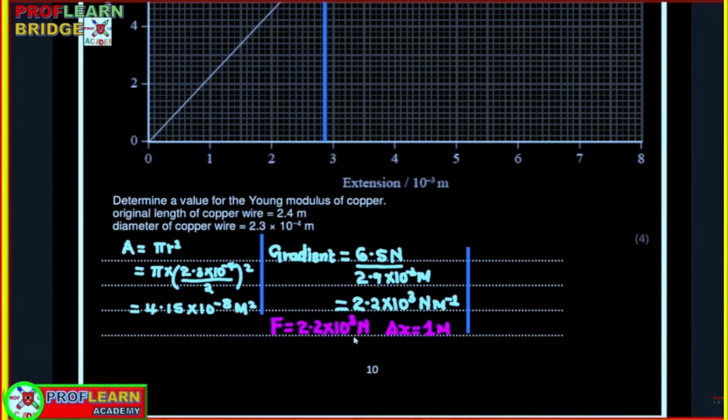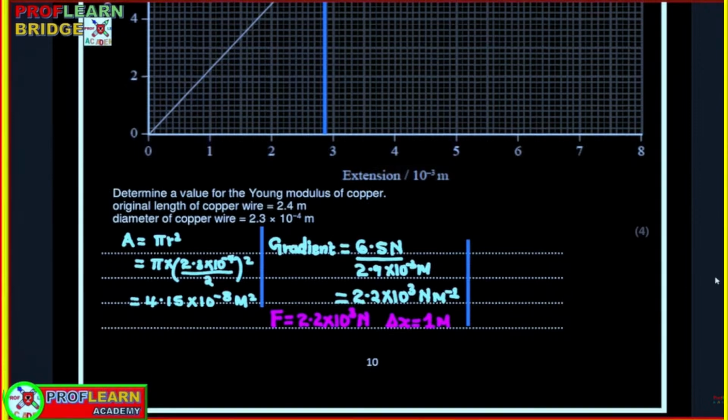We already know the length of the wire. Yeah. We know the diameter of the wire, which enabled us to work out the area. We have the force that produces an extension of 1 meter,